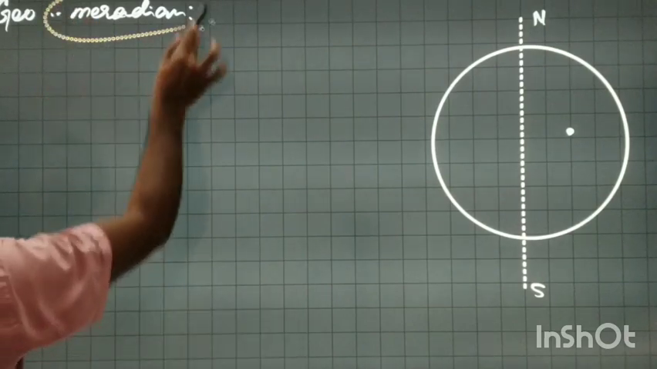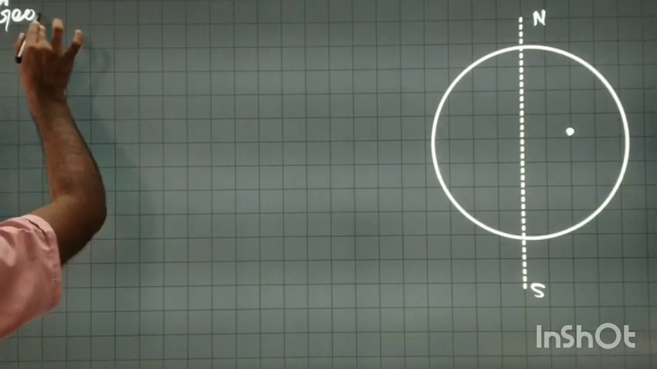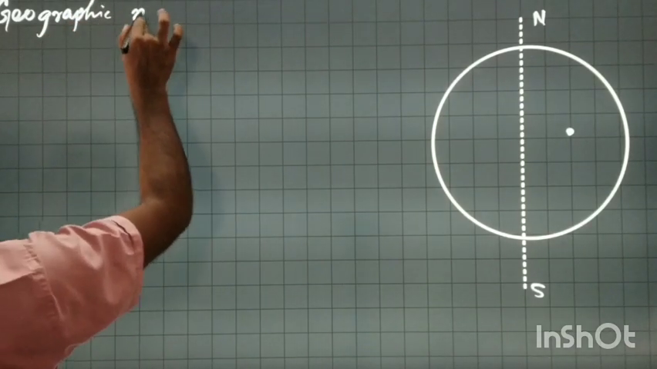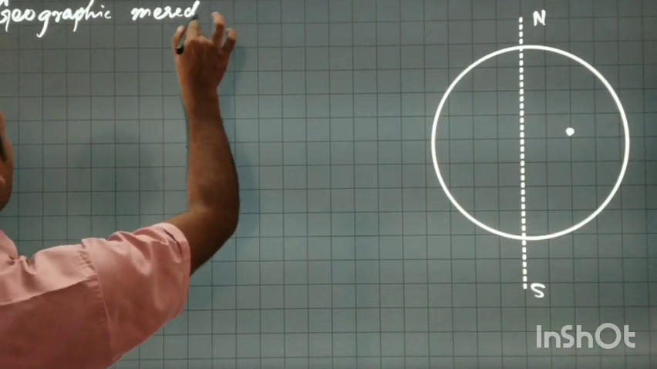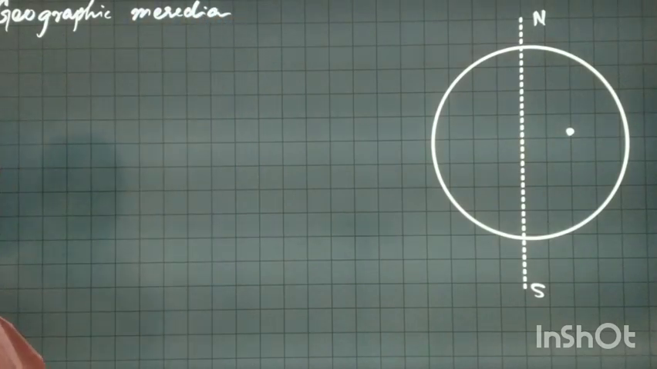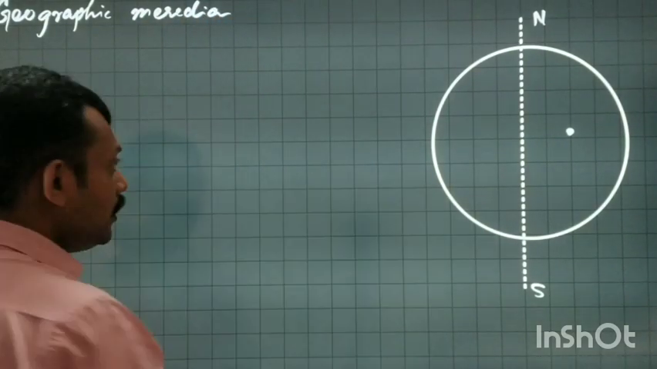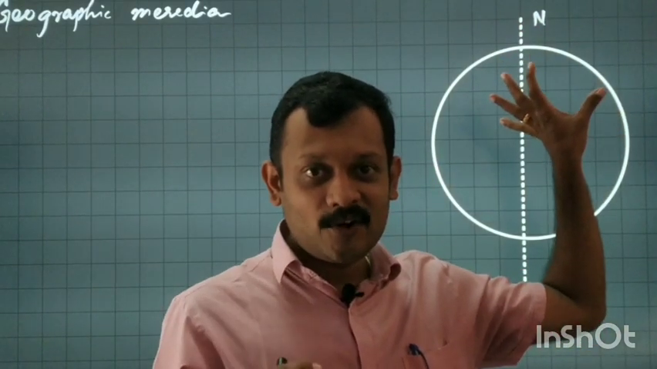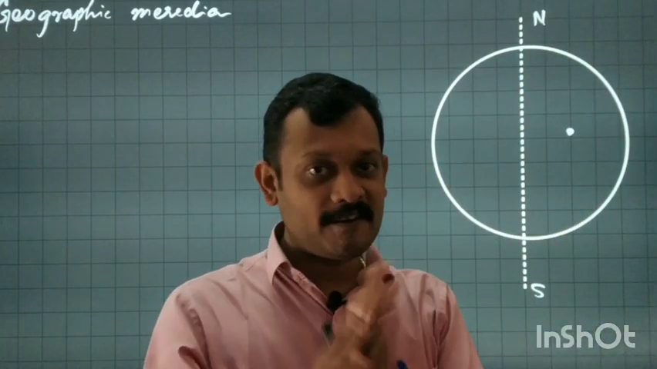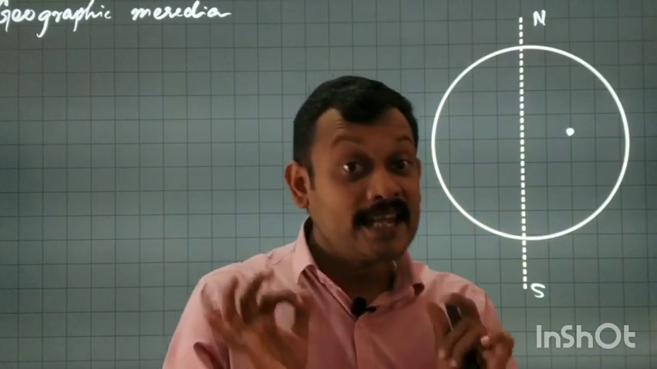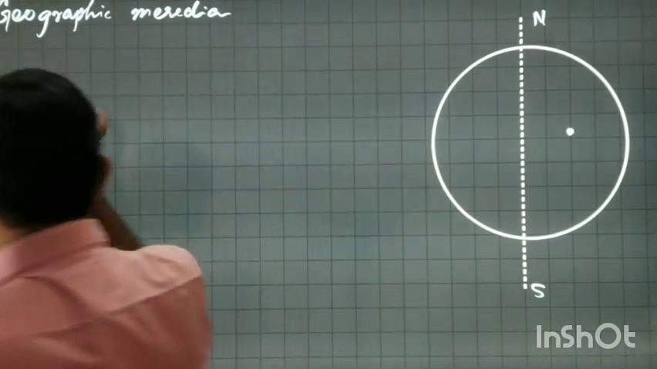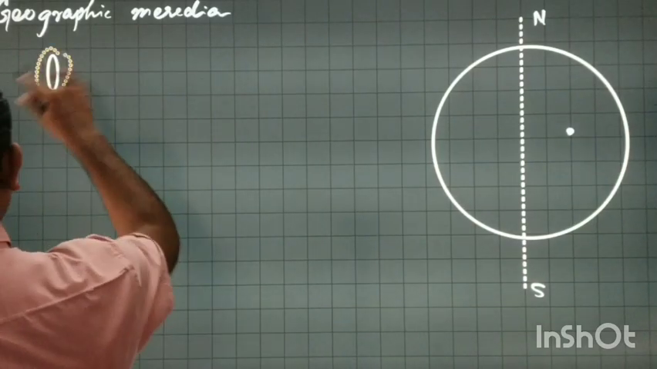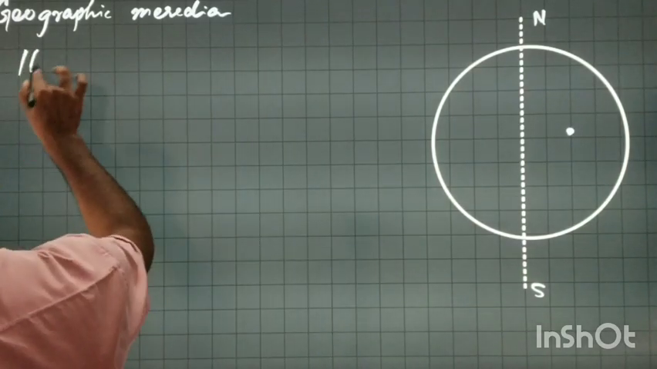Geographic meridian. I want to construct a geographic meridian. Okay. Now what I will do is, suppose I treat it like a watermelon and I want to find out a geographic meridian. So what is a geographic meridian? It is a vertical plane. I repeat, it is a vertical plane